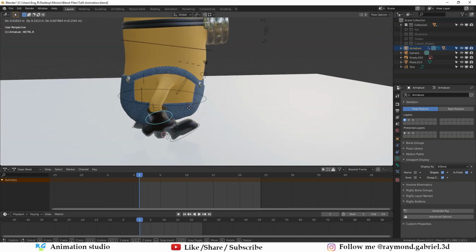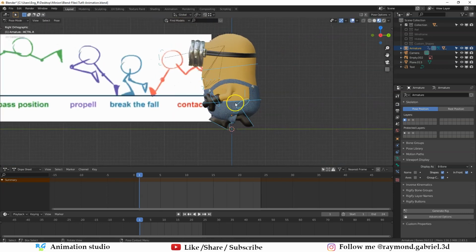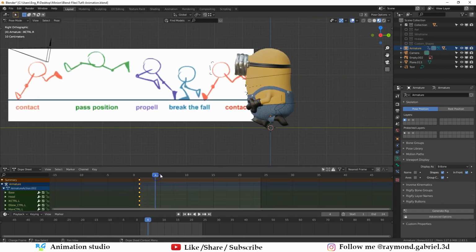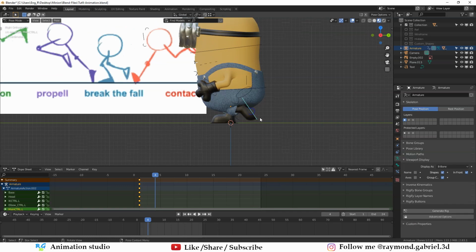The other hand back. Okay, I think that's the first pose. Select all the bones, press I, location, rotation, scale. And the second pose, let's put it at frame 4. Select this leg, press Alt R to flatten it on the ground, push it back, maybe get the other feet